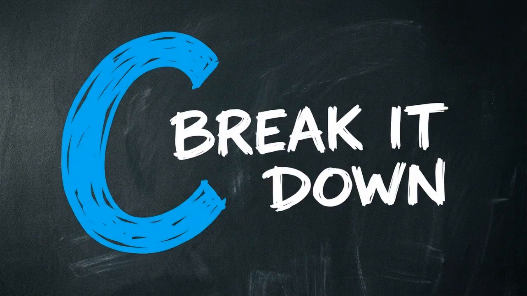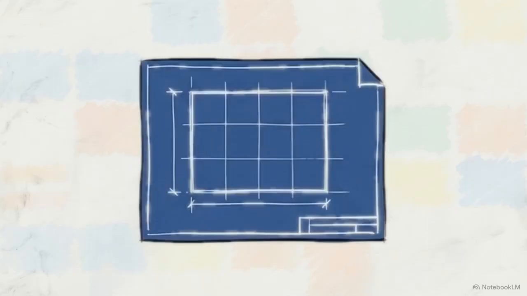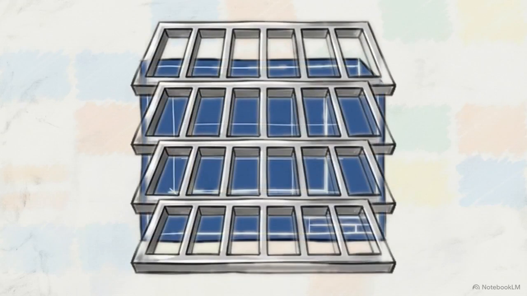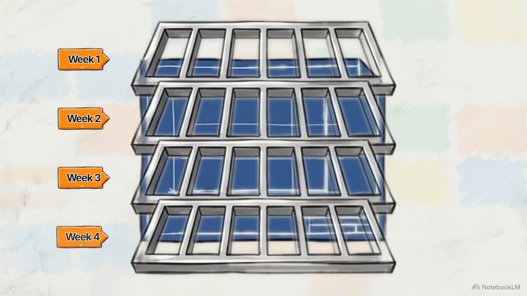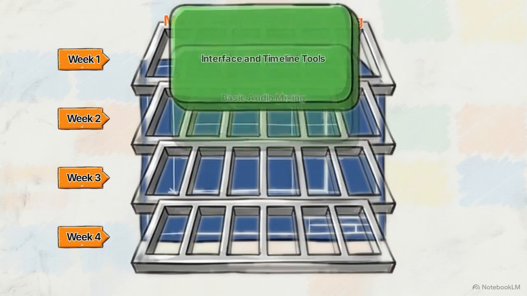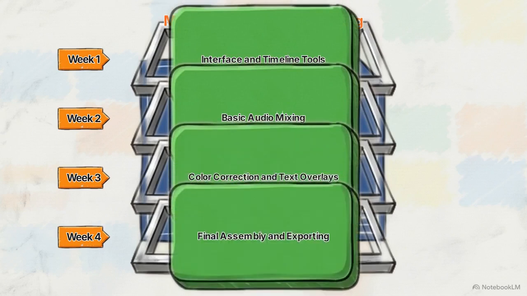Now we apply the first letter of our framework, C, for chunking. Draw out your grid and divide your 30-day timeline into 4 horizontal rows, representing the 4 weeks of the month. You are going to deconstruct your micro-target. Look at your end goal and assign one distinct subskill to each of the 4 weekly rows.